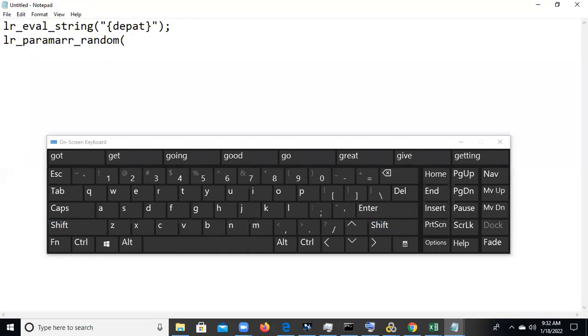In param, I think double R is there. Is that correct, or is the function the same? Sorry? In param, double R is there, can you check it? Yeah, double R will be there. Not paramari, that is not param. Paramarr. Okay. So that is a random function, and for that we need to write something like departure.